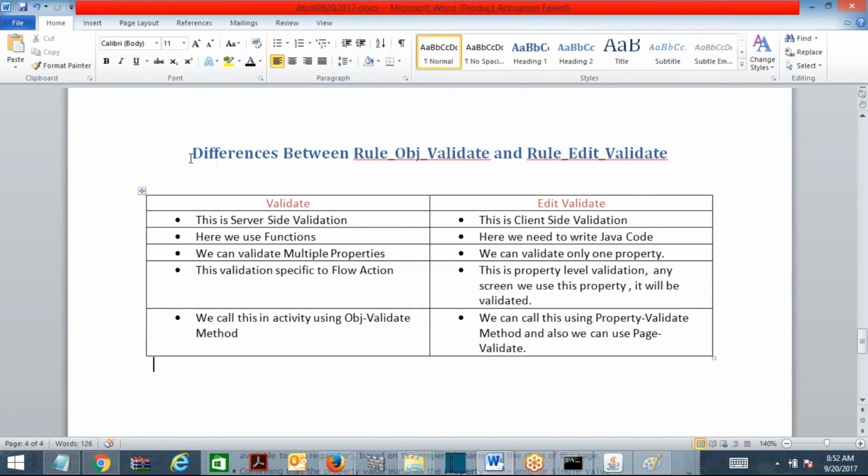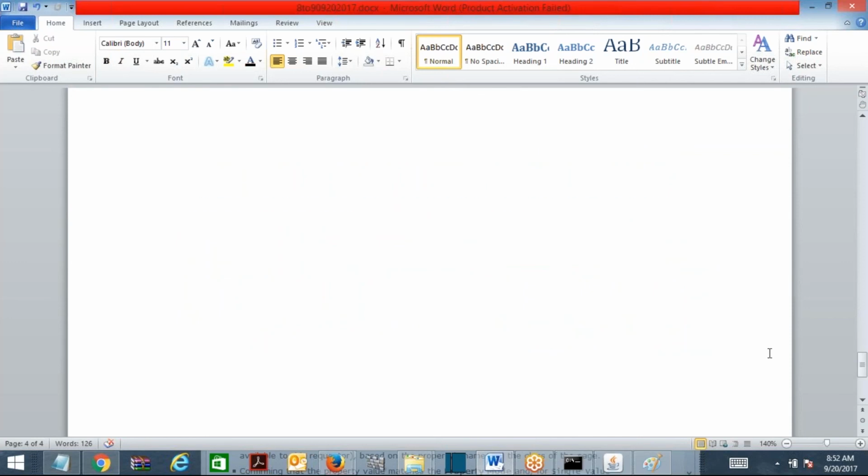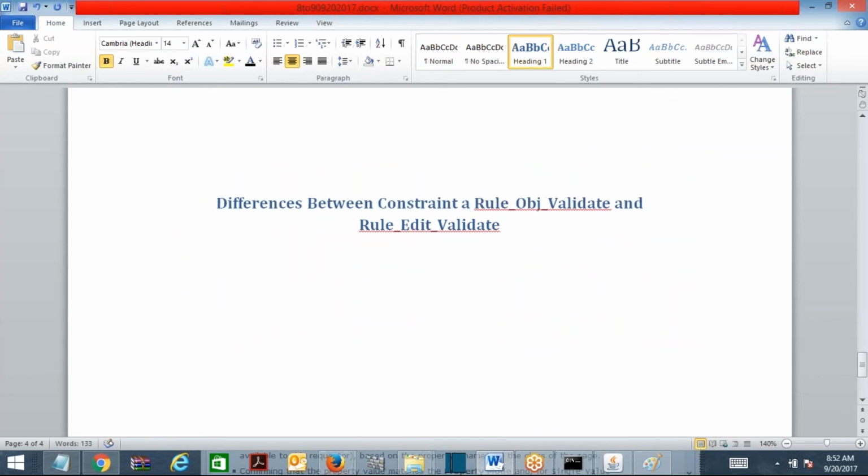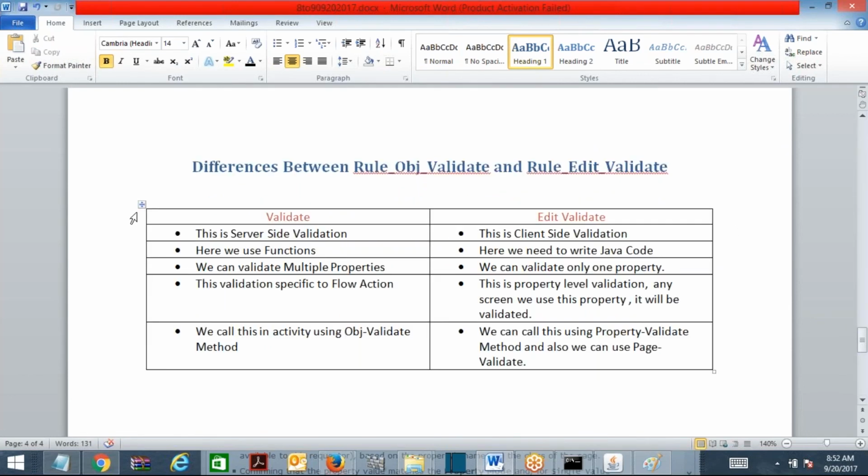Now the next thing is, what are the differences between constraint and Obj-Validate?